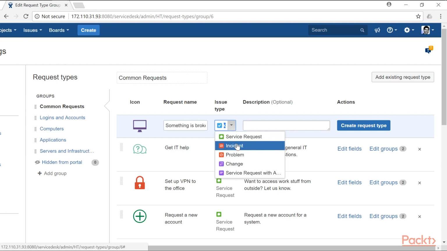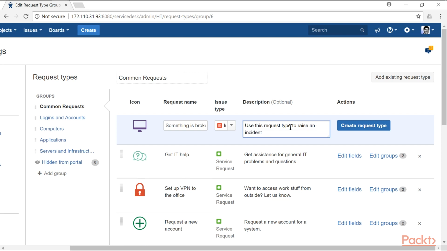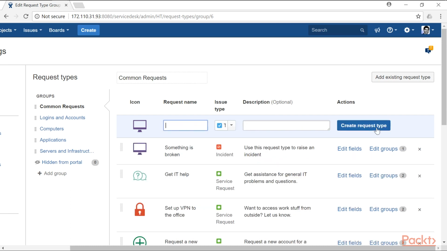So let us say you want to map your something is broken to an incident. So just select the incident from the issue type and give it a nice description. Use this request type to raise an incident, and finally click on the create request type. So it takes just a few minutes, and when you are creating a new request type,